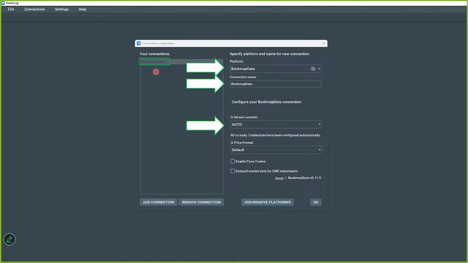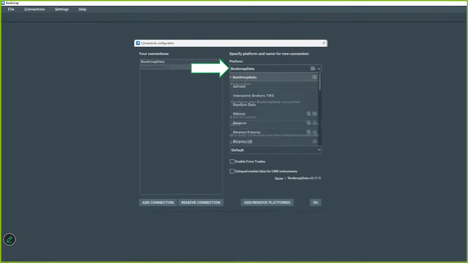Now for Rhythmic and different things like that, it's the same spot. If you come up to where I have Bookmap data and click on that, it has this whole drop-down of all the different things you can choose from. So DX Feed, you can see Rhythmic right here where you can connect, and it's going to ask you for your credentials. You would sign in, and it would connect you with whatever you're signing up to. You can connect to Interactive Brokers.